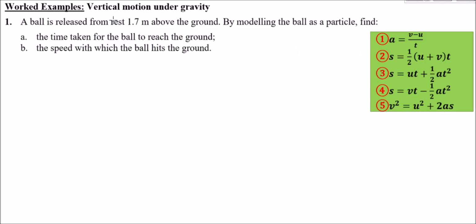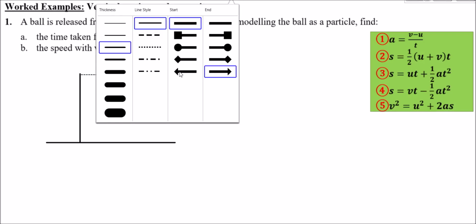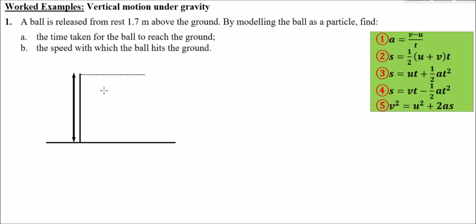So what I'd suggest doing here is just maybe sketching it out, to be honest. So we've got a release from rest. It is dropped from a certain height, in fact, of 1.7. So I'm going to say here that's 1.7 high, and also I'll label it as 1.7 meters. Now it's released from rest,